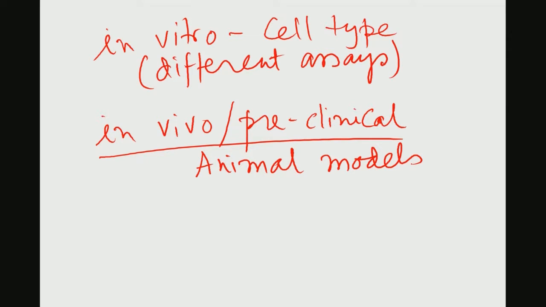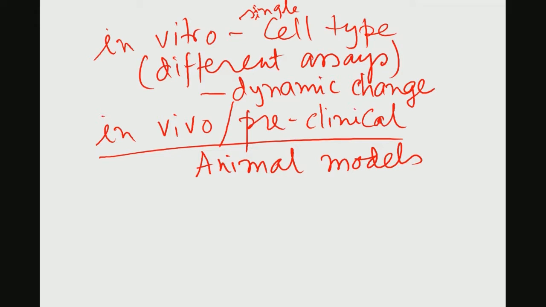If we recall the difference between in vitro and in vivo: in the in vitro case, we have only a single cell type, unless the co-culture technique is used. And also the tissue remodeling aspect, the influence of hormones and the influence of dynamic change in the physiological environment, all these aspects cannot be studied in in vitro studies. For that, you need to conduct in vivo experiments, where a material will be exposed to the dynamic change